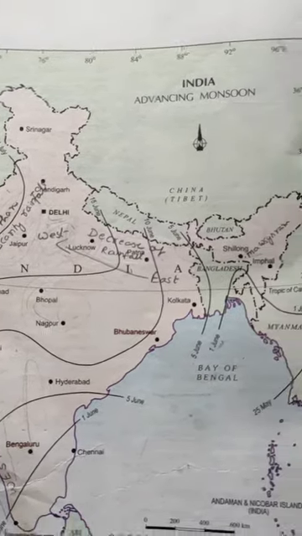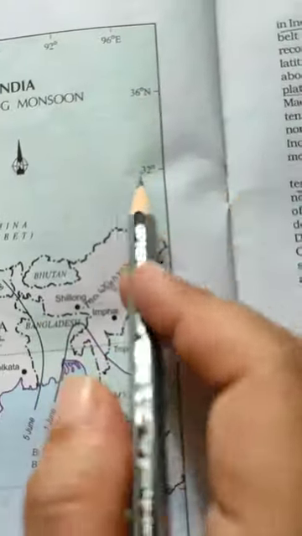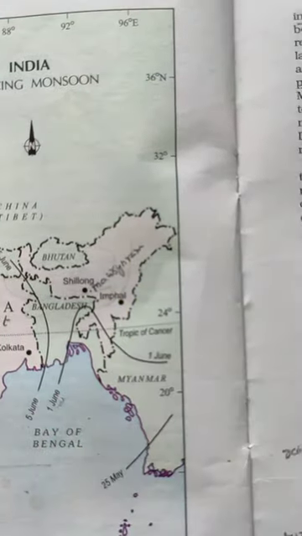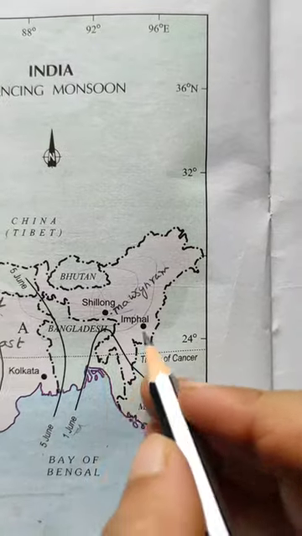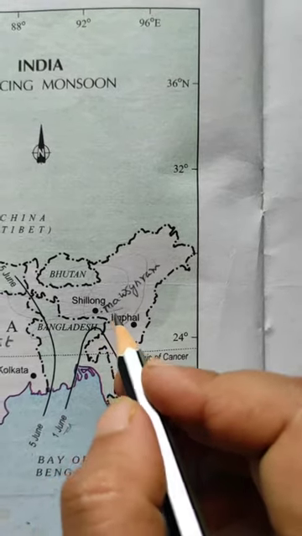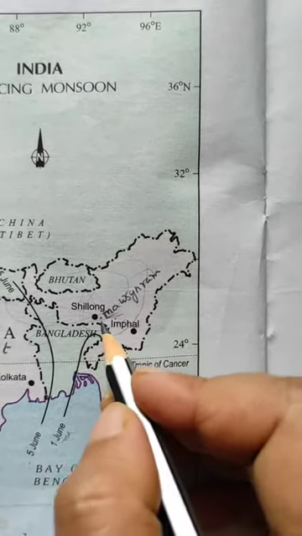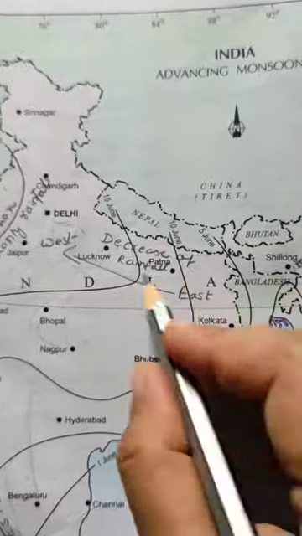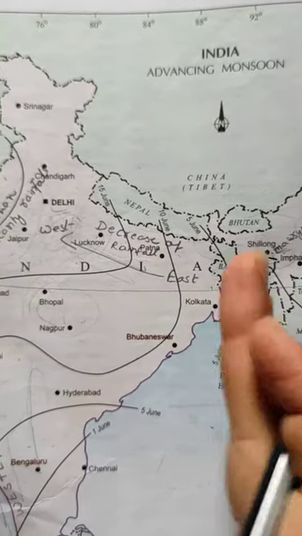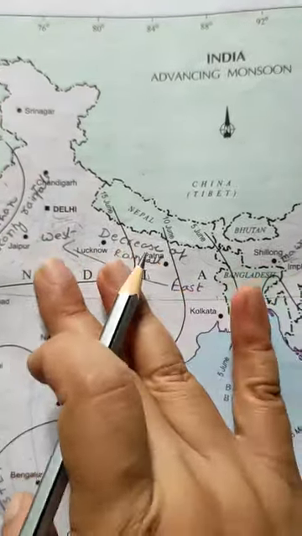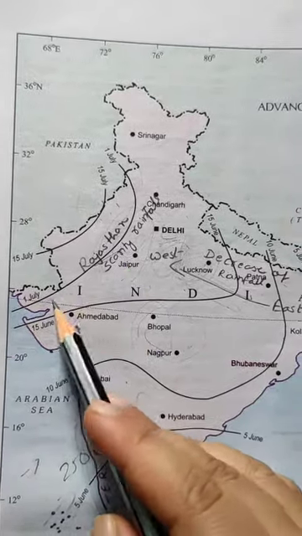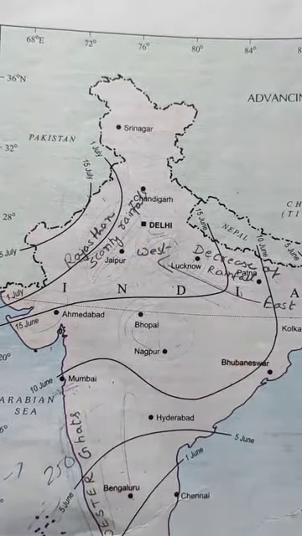The maximum rainfall of this season is experienced in the northeastern part of the country. In the southern range of the Khasi range, the place receives the highest average rainfall in the world. Rainfall in the Ganga Valley decreases from east to west. When the monsoon blows from east to west, the amount of moisture also starts decreasing. Rajasthan and some parts of Gujarat receive scanty rainfall.